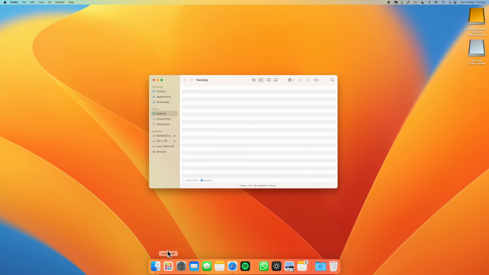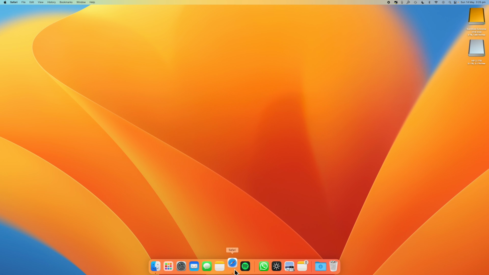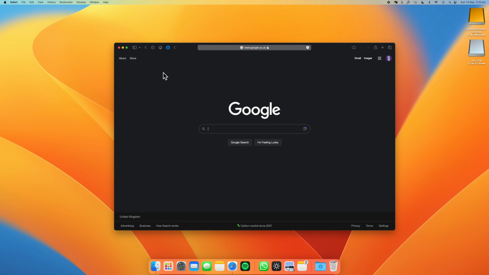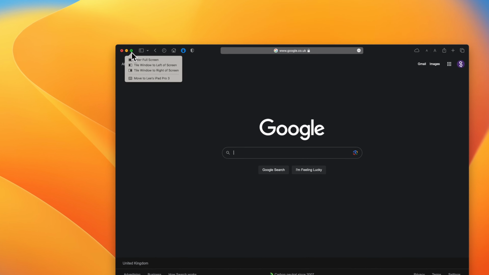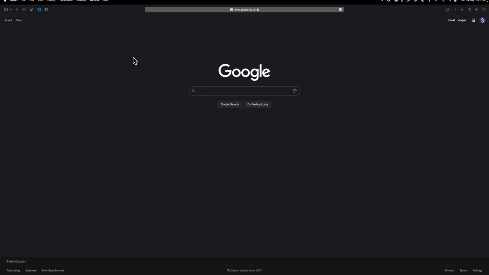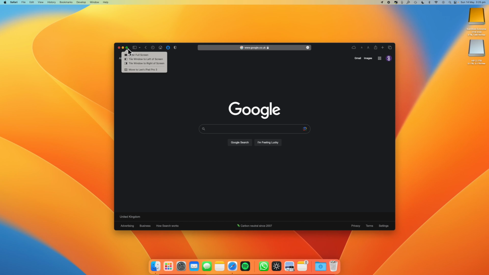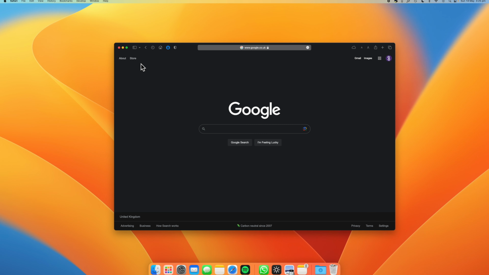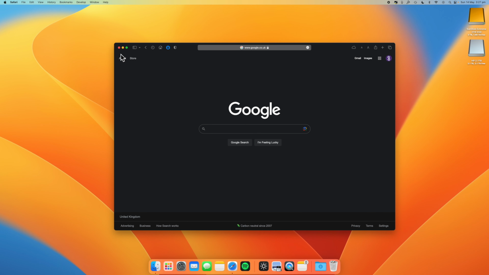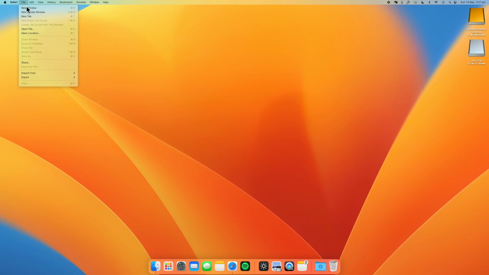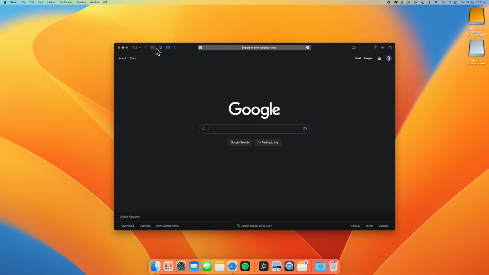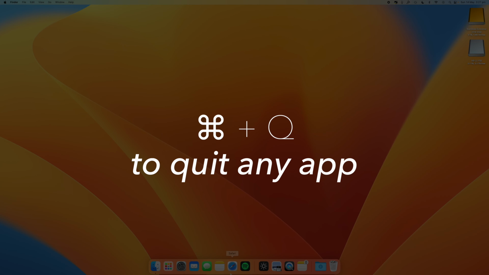One thing that's different to Windows is closing apps. I'll open Safari. At the very top of every app, you'll see 3 circles. The red is to close, the orange is to minimize, and the green circle can do one of a few things once you hover it. It can maximize the window or move it to either side of the screen, or you can view it on your iPad. To close the app, unlike Windows, you will need to quit the entire app, as sometimes when you click on the red circle, it would only close a page. You can always quit an app using Command Q.